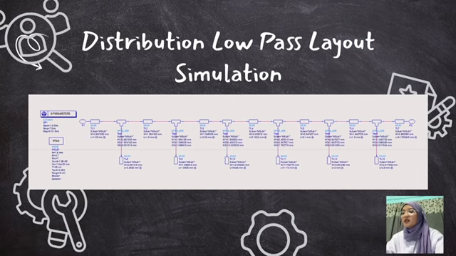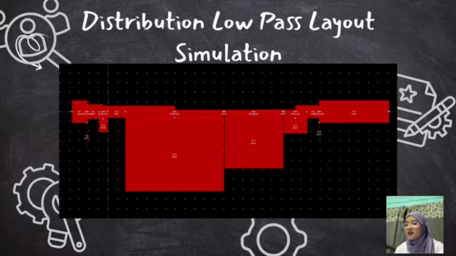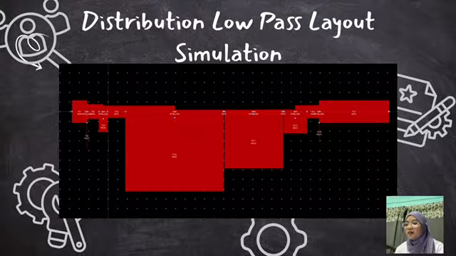This slide shows the distributed low pass filter design using transmission lines TL1 to TL13. The structure is tuned to achieve the desired cut-off frequency, and the result shows proper low pass behavior with strong attenuation after cut-off. The layout of the stub-based low pass filter. This slide shows the stub-based low pass filter layout. It uses shunt stubs to create the filtering effect. From the result, it also shows good low pass response with a more compact design.